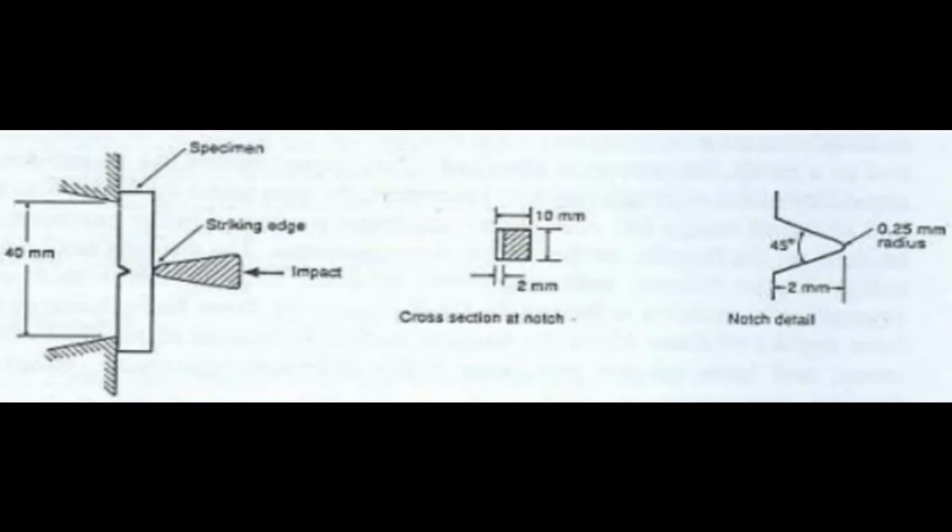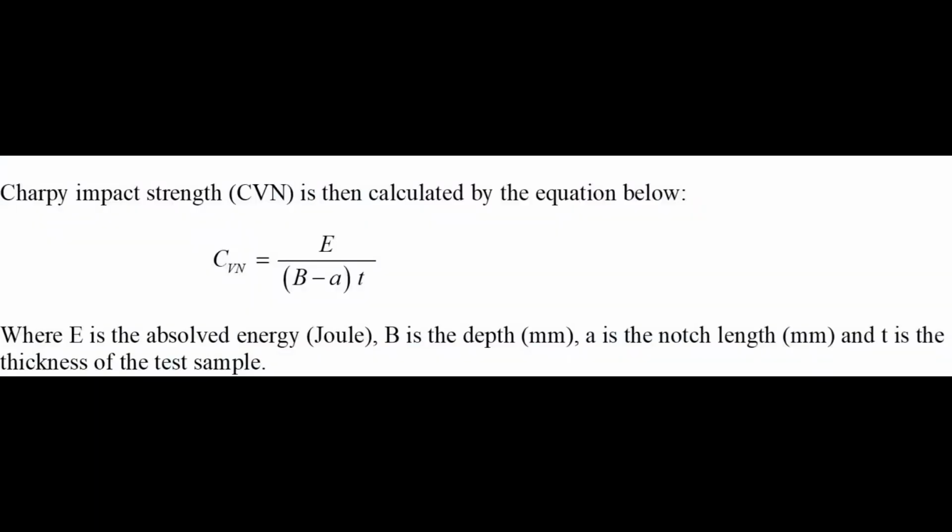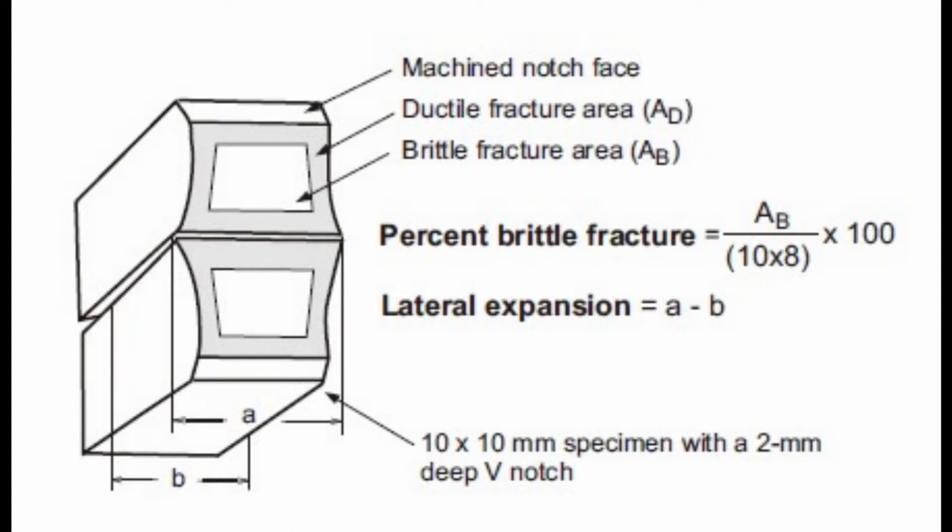The standard specimen and loading configuration for the Charpy V-notch impact test can be seen in the figure. Charpy impact strength is calculated by this equation. Body-centered cubic, BCC, metals, particularly steels, often exhibit a decrease in impact energy as the temperature is lowered. The temperature at which a sharp decrease in impact energy occurs is called the ductile-brittle transition temperature, DBTT,